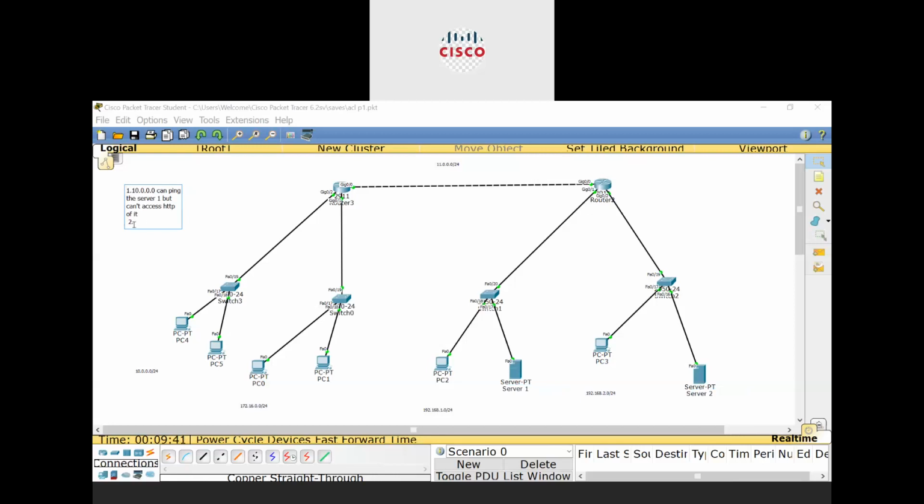The second rule is 10.0.0.0 can't ping server 1, server 2, but has web access.